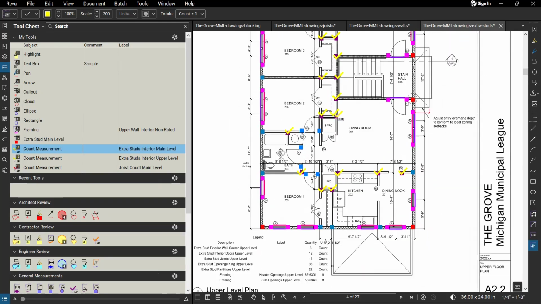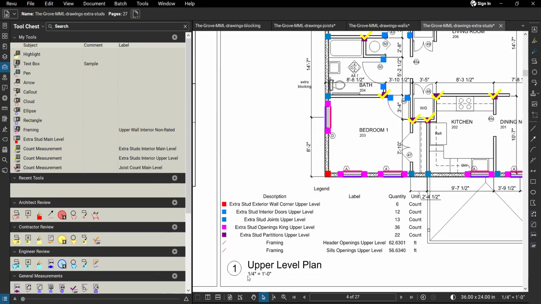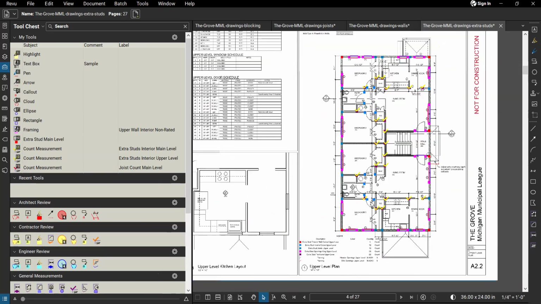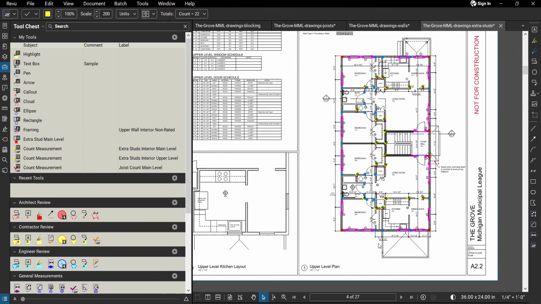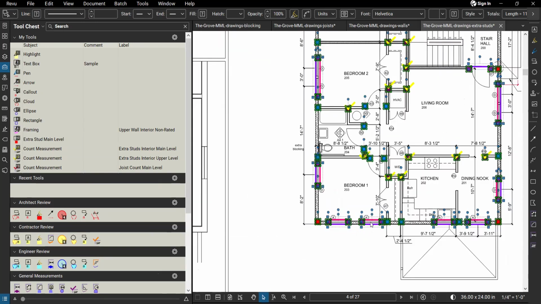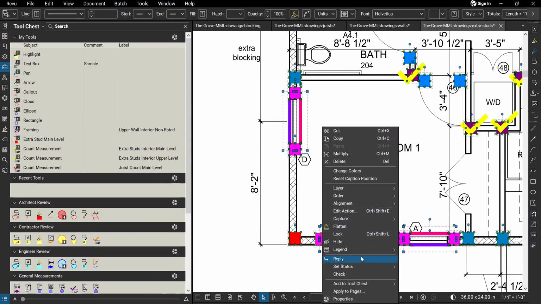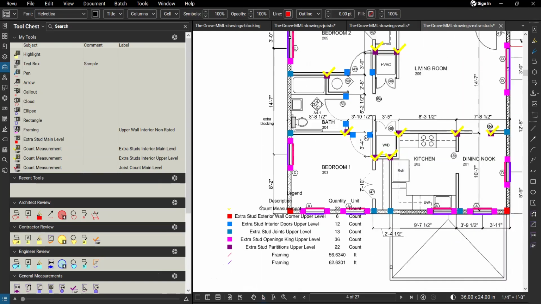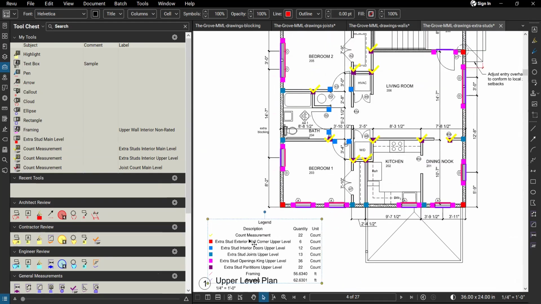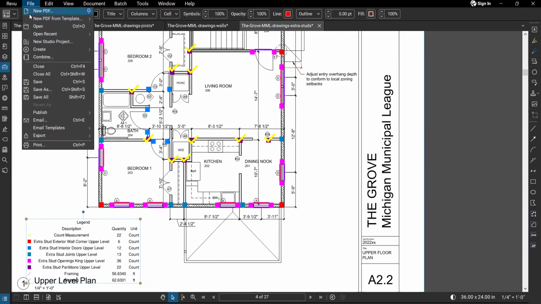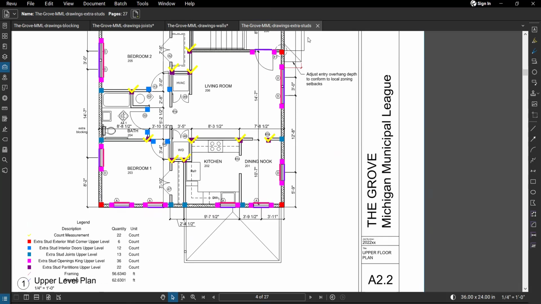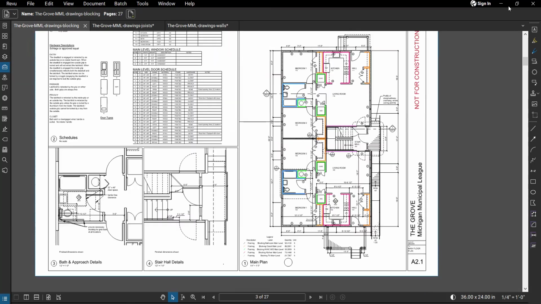Okay, so that covers that. And once that is done, just to show you, I can delete the previous legend and insert a new one. So now I have that count measurement. So let's say I save this file and go back to our